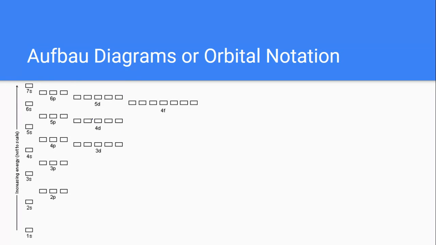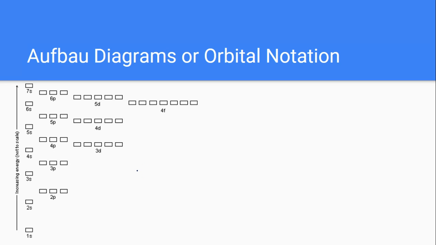So there are these things called orbital diagrams, orbital notation, box diagrams. I've heard them called many different things, and they can look many different ways. Sometimes they're boxes like this. Sometimes these are done with circles. But what you do is you fill these in based on the electron configurations, and you are